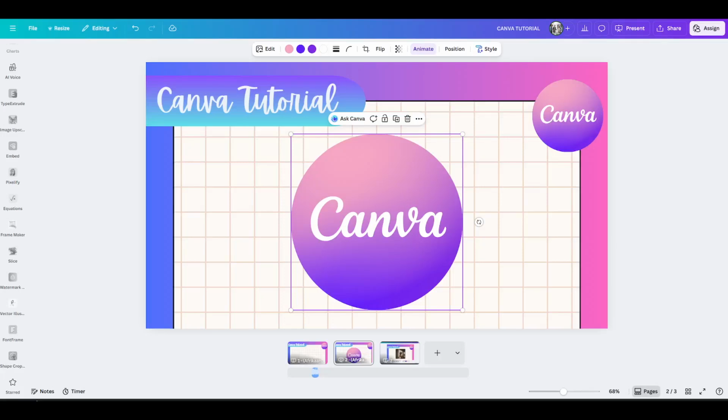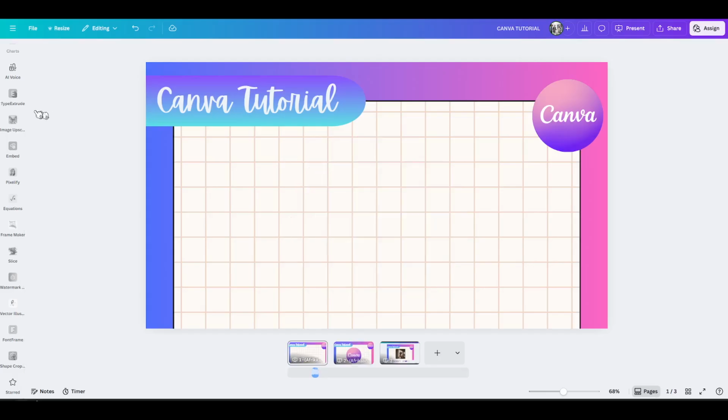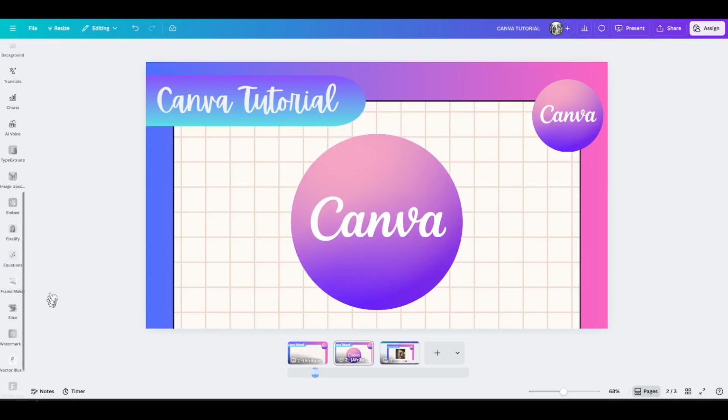In today's video, I'm going to teach you how to favorite an element in Canva. This is a simple trick that can save you a lot of time, especially if you find yourself using the same shapes, icons, or graphics over and over. Favoriting makes those elements just a click away the next time you need them, helping you stay consistent and work